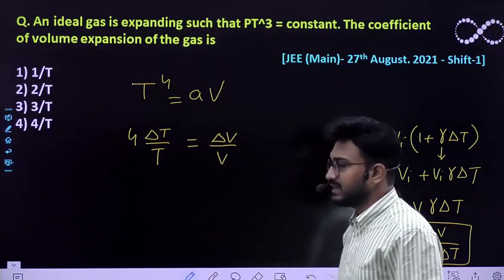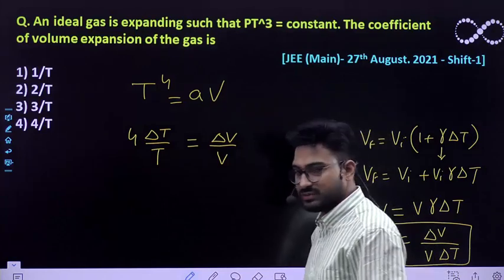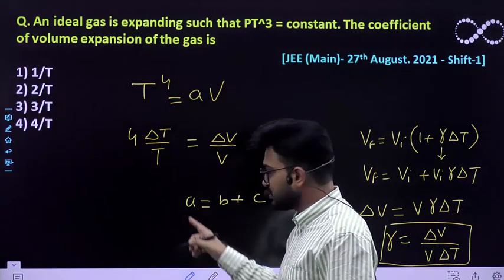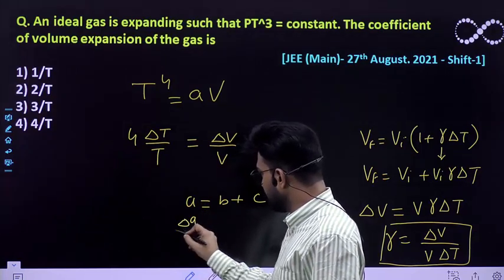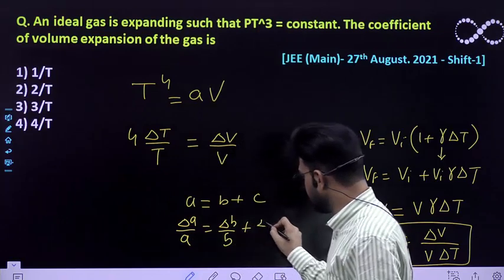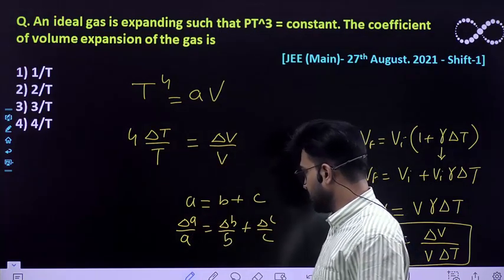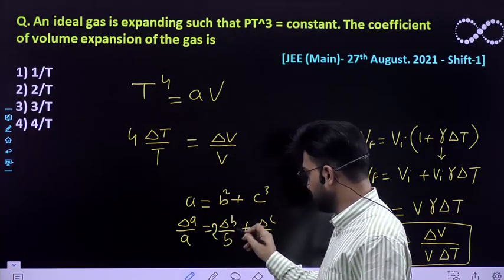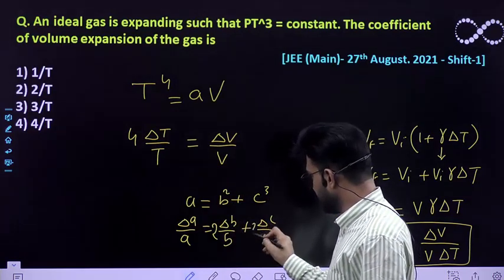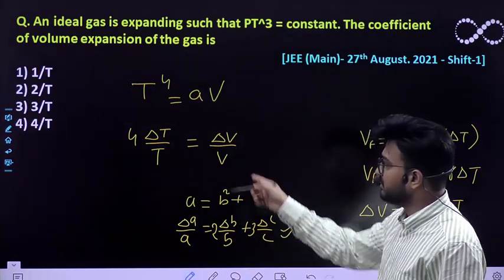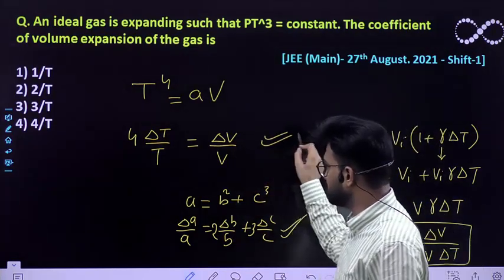So this is the final expression that you should get, because we also know that if A must be equal to B times C, the change in A per unit A original must be equal to delta B by B plus delta C by C. And if it is B square and C cube, you will get twice of delta B by B, and here it would be thrice of delta C by C. So these expressions we already know, so you can use this relationship to find out this expression.